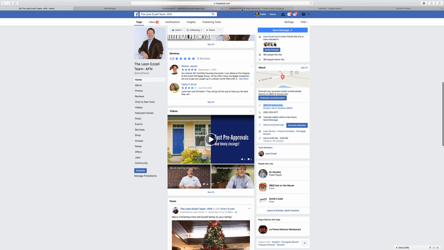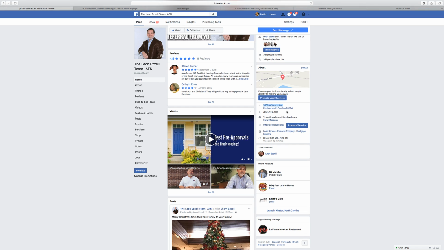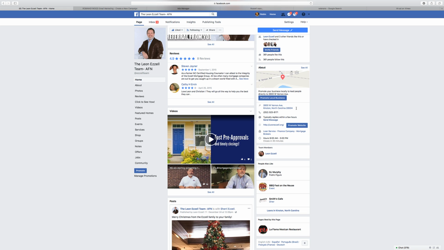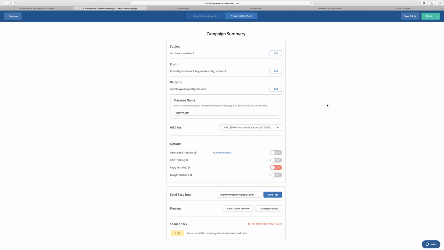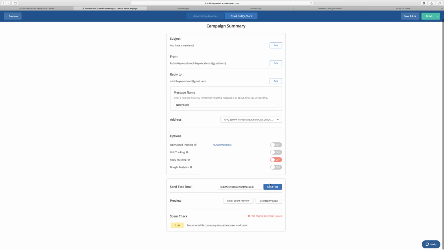And let me just bring this over here. All right, so address line 1, and we'll grab it here. Boom. North Carolina, and I'm just grabbing this off of his public page. So you want to limit the amount of questions you have to ask your client. You know what I'm saying? So you want to. Boom. There we go. Okay. From